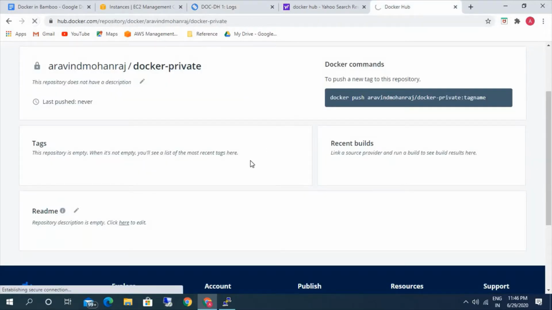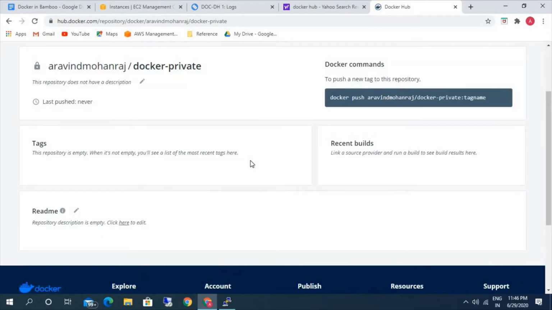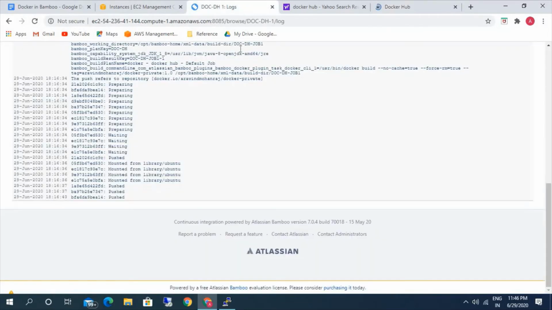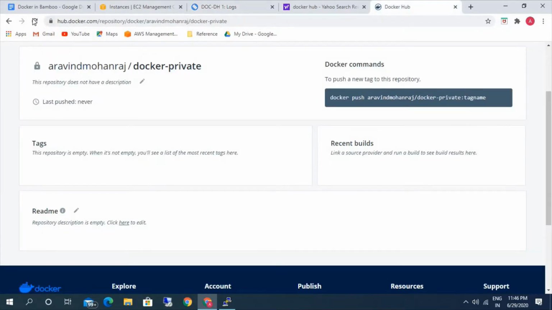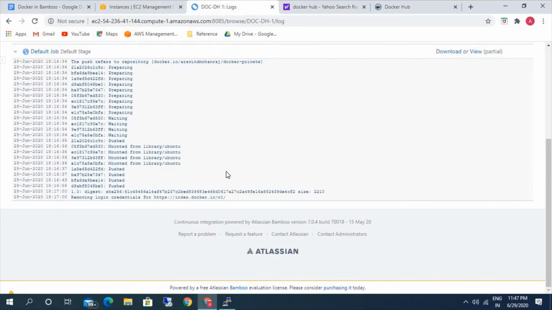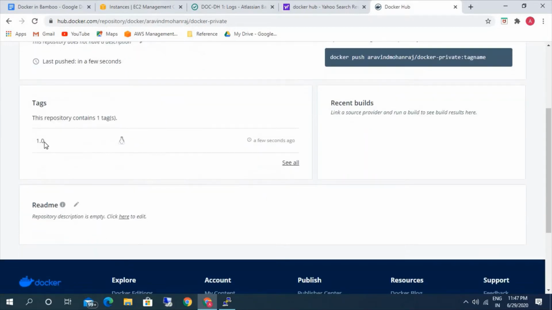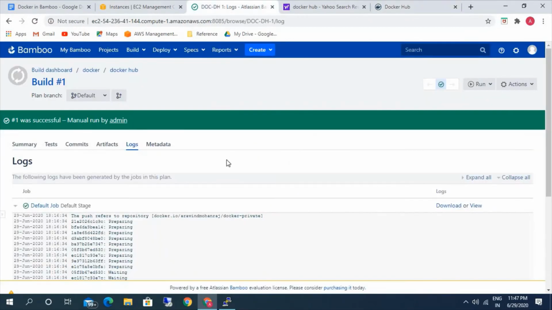Now we will be able to see that image here in the Docker Hub. It says it's completed. If you see here the tags, it's showing 1.0. Earlier it was showing none. So we have successfully created the Docker image and pushed it to the Docker Hub.